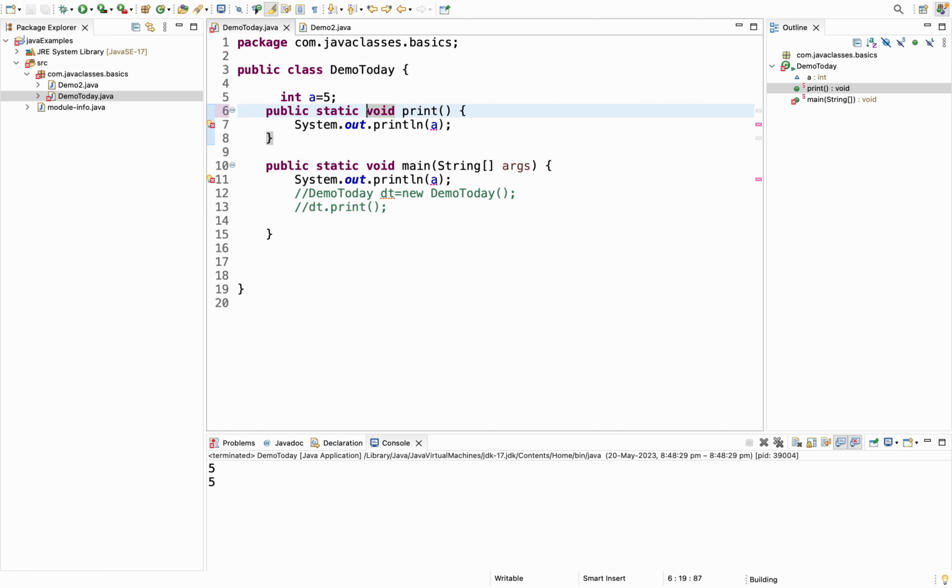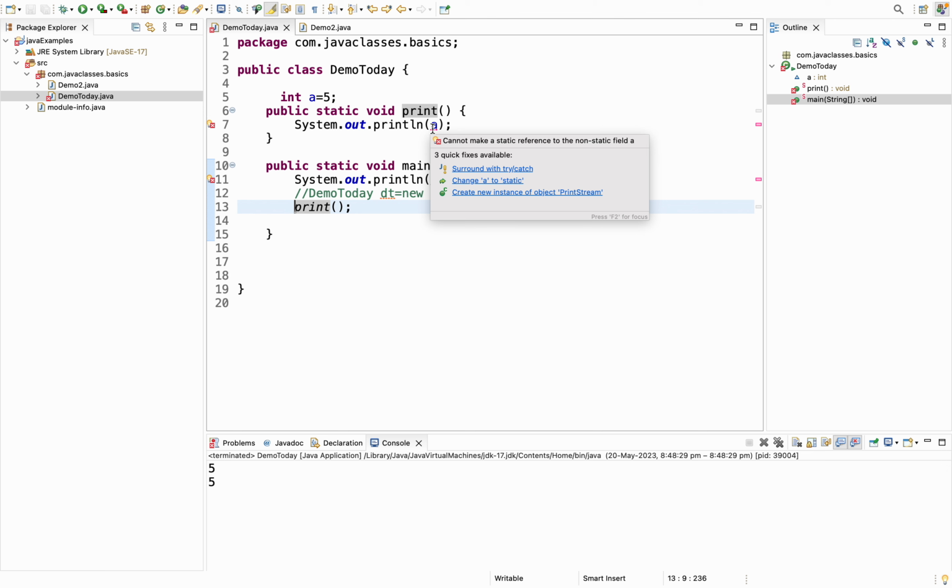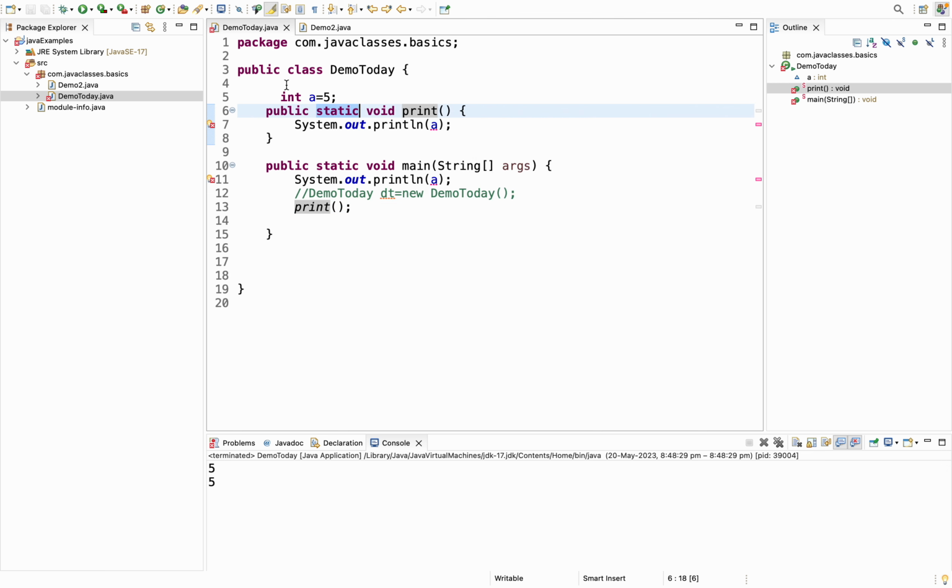If I'm using the static keyword and trying to print this method, I don't need to create an object. I can directly call the method. But here again it is giving an error because this is a static method and this variable is a non-static member. This is the difference between static and non-static variables. But coming to the local and global variables,